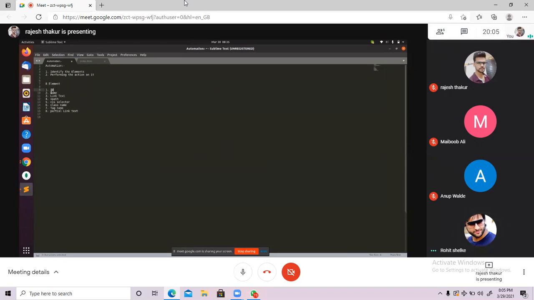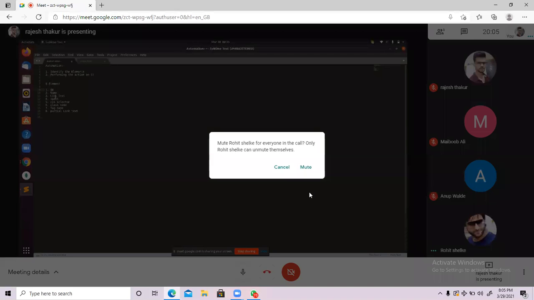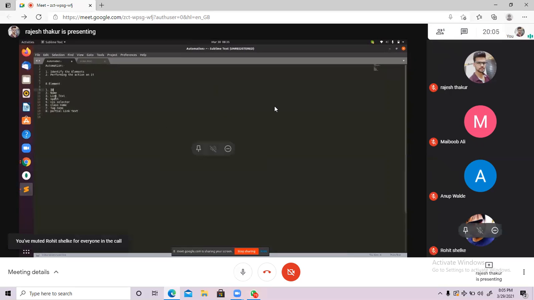And why I am saying this priority: whenever you are trying to identify the element, and in that element, if id is present, and with the help of the id you are able to identify the element, then go with the id.